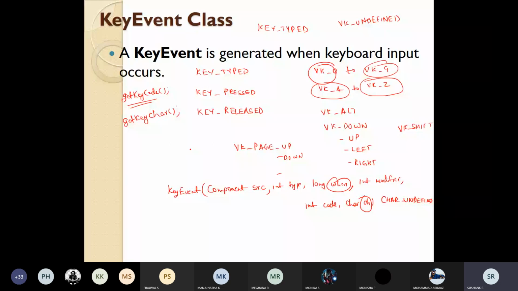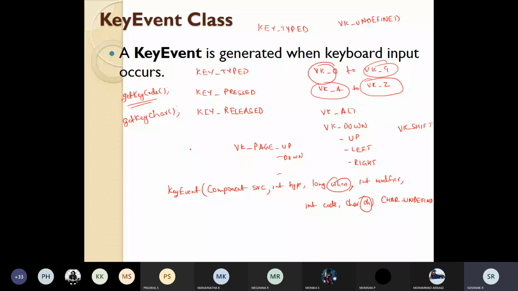This mouse wheel event will consist of functions like getWheelRotation, which will give us the number of rotational units.